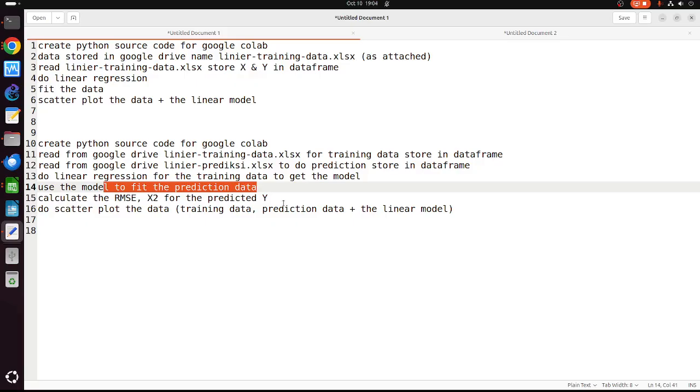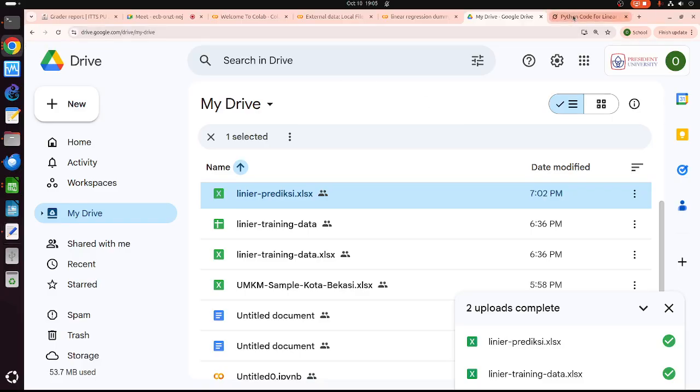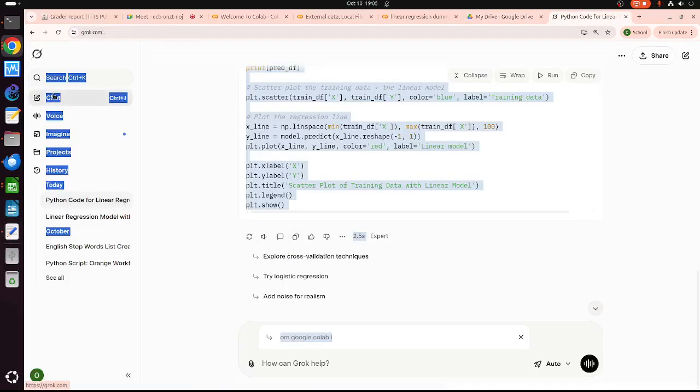So save the model and use this saved model many times, but we don't have to do the regression anymore, especially if the training data is huge, is big, because it may take time to do the regression. So I normally save the model first, and then do the prediction after that. Okay, now on this one, I'm not saving any model because the model is small. Okay.